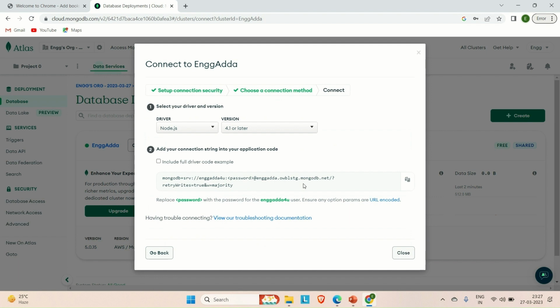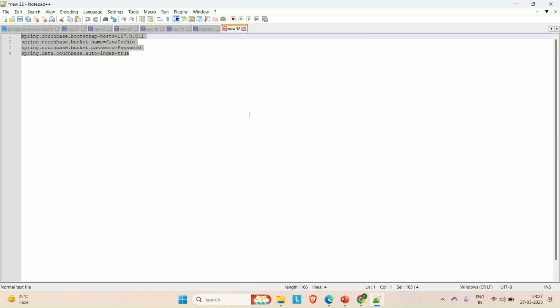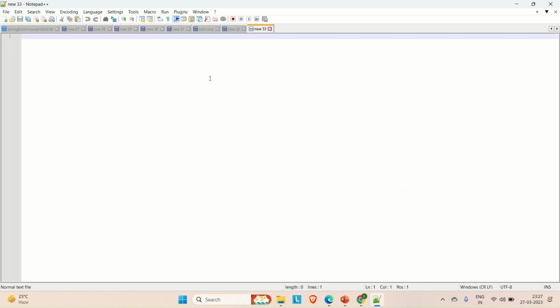So just copy this, and you can open a notepad here and paste it. Here we have the password, and we need to replace this password. So let me replace it with our password, which was engineering adda